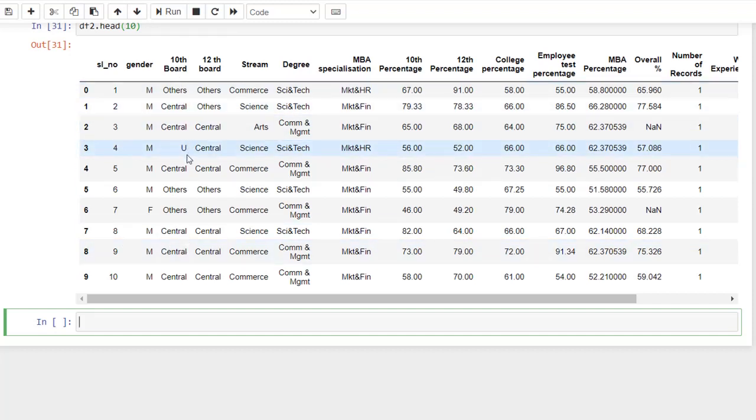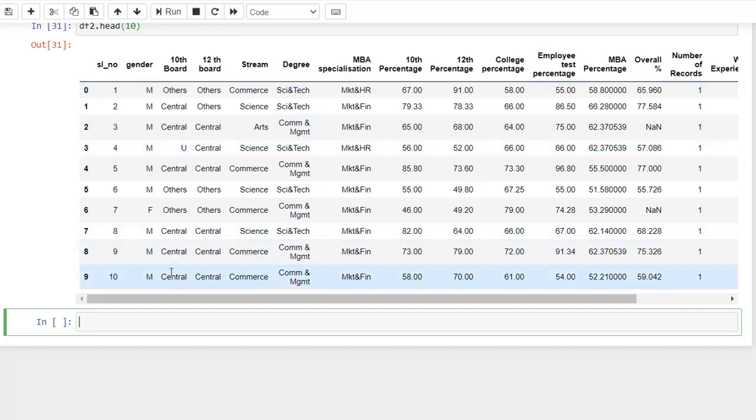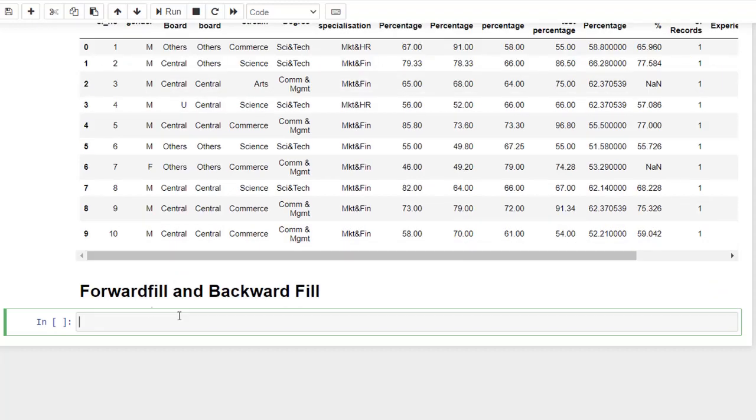Later on, you can replace these categorical values with numerical values by means of any kind of encoding. You can even replace the null values with any constant value, or you can make use of the techniques forward fill as well as backward fill. Now let's see how to use these techniques.